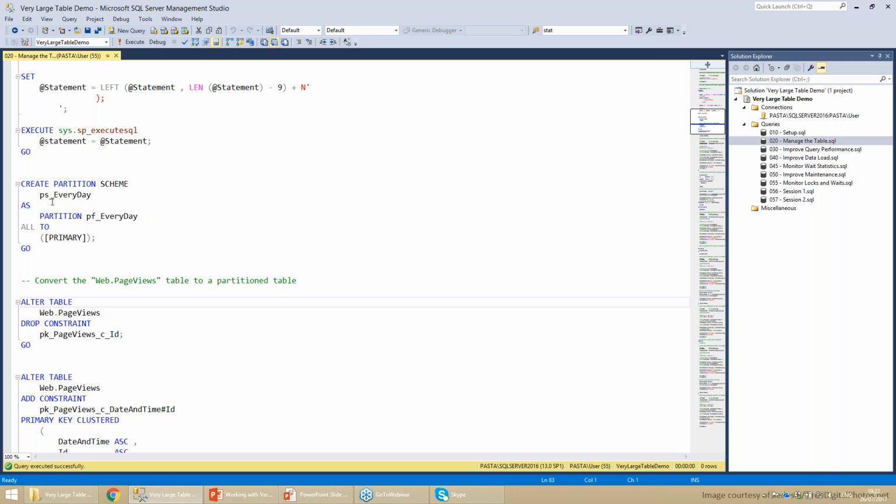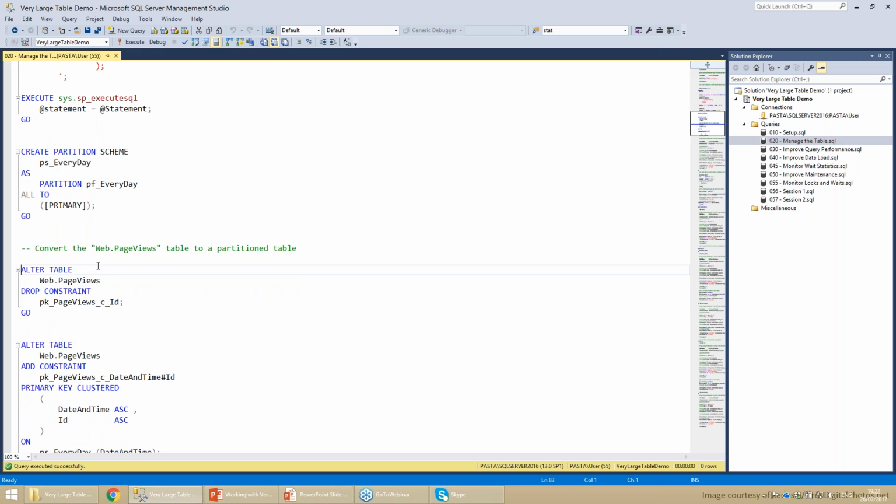So another way we can do it is, we have a clustered index right now on the table. We are going to drop the clustered index, and then recreate it using the partition scheme. While we recreate the clustered index, it is created as a partitioned clustered index, and of course the table becomes a partition table. This is a very massive operation because it's a very large table. It will take some time. Basically we have a downtime of the table, so this is not a viable solution if we want the table to be online 24/7. We need a maintenance window to do this operation.